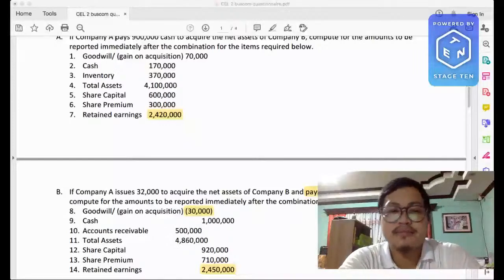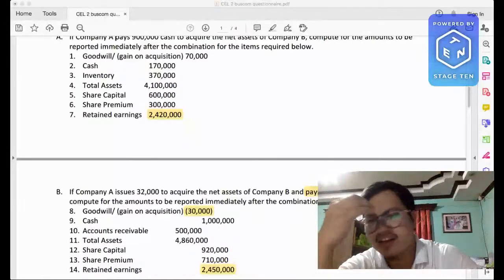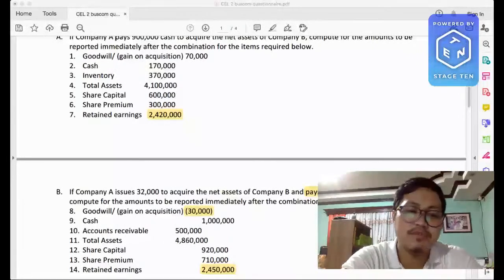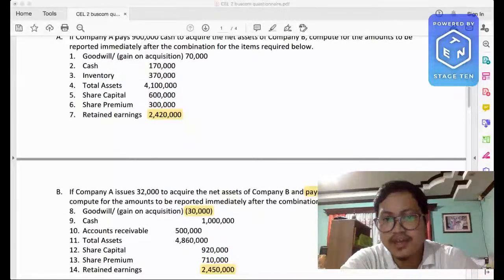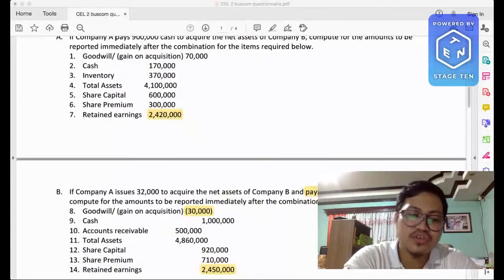Now, for your last item, for your retained earnings, what are the things you have to remember? Ordinarily, it is supposed to be just the retained earnings of the surviving entity. But you cannot just rely on the retained earnings given in the problem, because the retained earnings given in the problem is the balance immediately before the combination. During the combination, or to complete the combination, there are items that would affect your retained earnings. And what are these items? Number one, acquisition related costs. If there are acquisition related costs, that would be a deduction to your retained earnings. Number two, gain on acquisition. If the combination resulted in a gain,